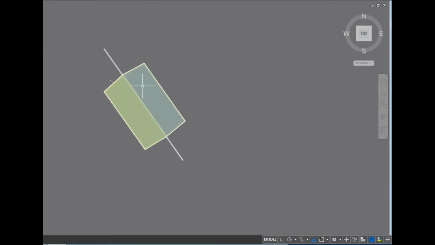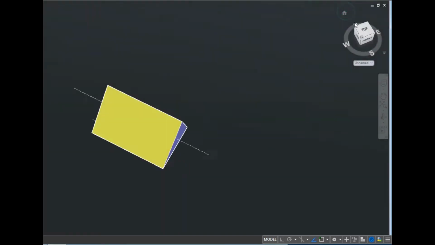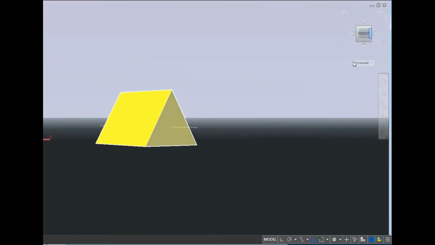Just wait a minute, this is the top view only. So when you view it from the front, it will look something like this: a contracted rectangle and a triangle. So we will see now how to draw this in the drawing sheet.